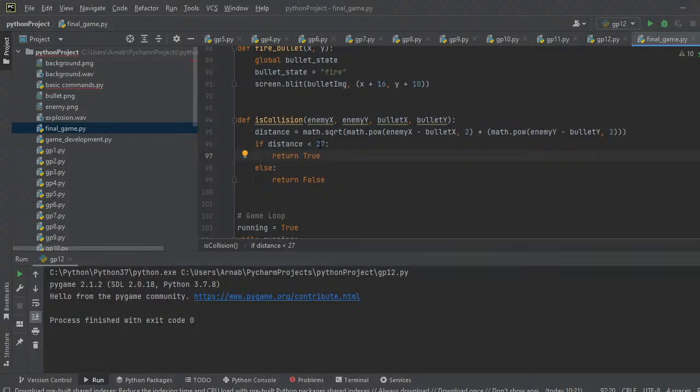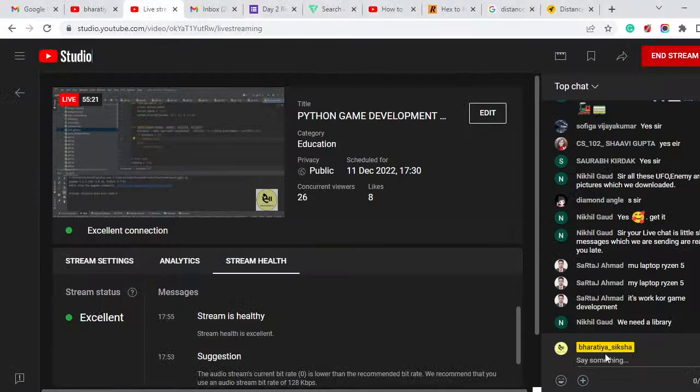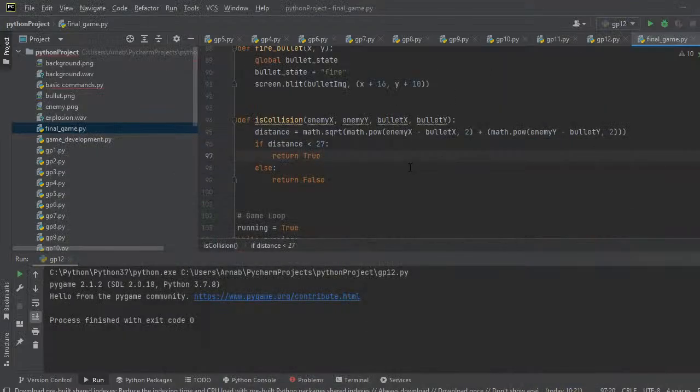Okay. So I hope it's clear, guys. Is it clear to all of you? Yeah, Nikhil, we need the library. Okay, we need the library, and we are using the library also. Okay. Now,